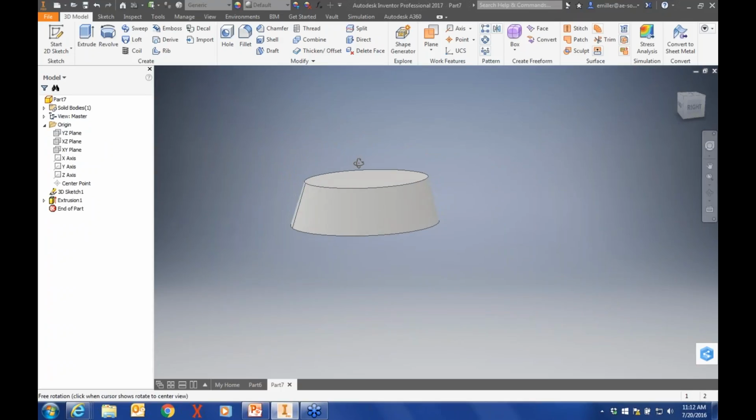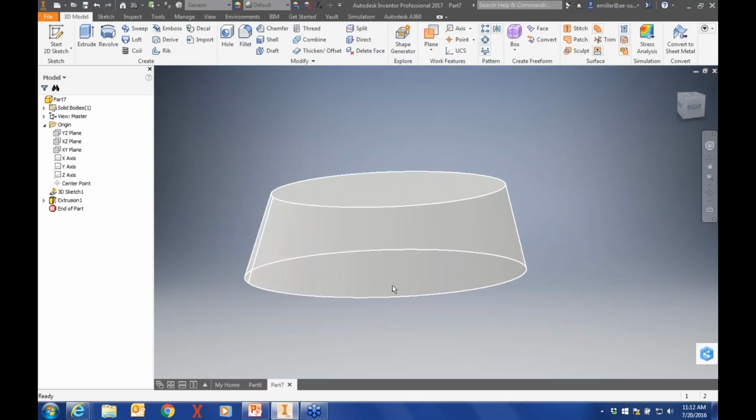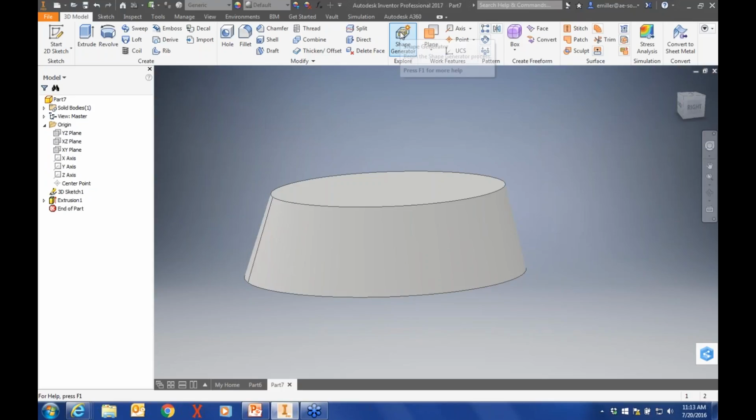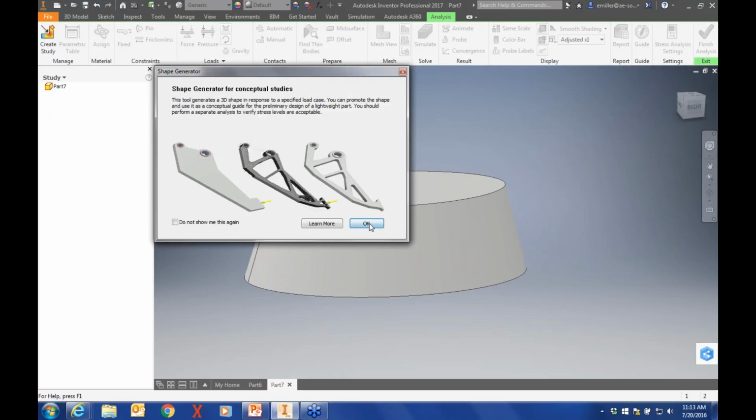We'll start with a shape like this, and let's say this is a stand or a base for some other thing that's going to sit on top of it. Obviously, we have the flexibility to create this part using a 3D printer or some other means that allows the shape to be a little more complex. So first thing we'll do here is click on the shape generator up on top, and we'll hit OK